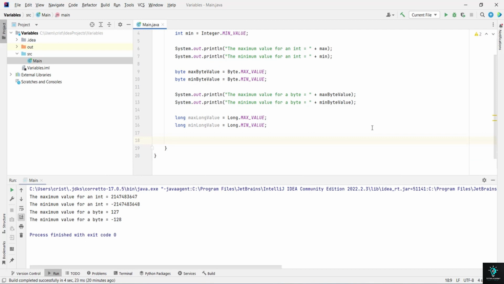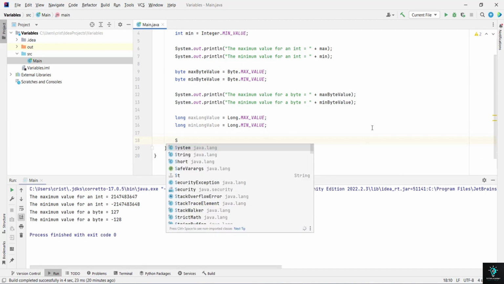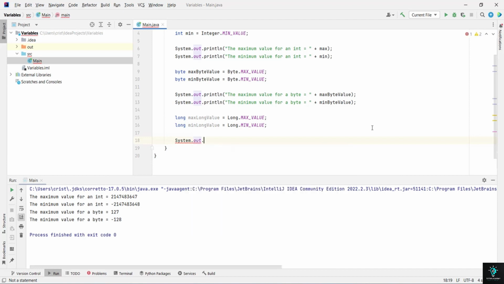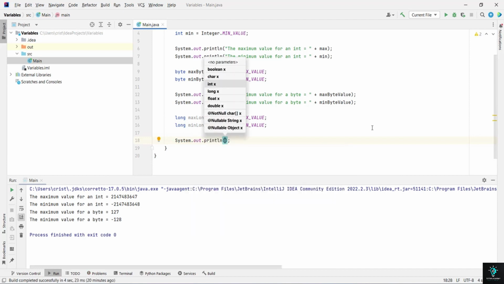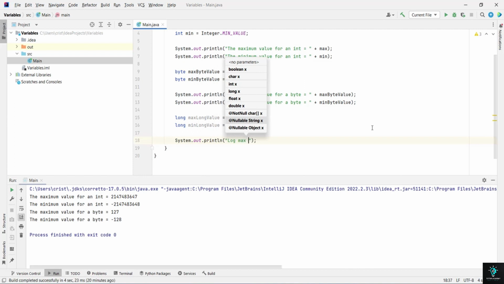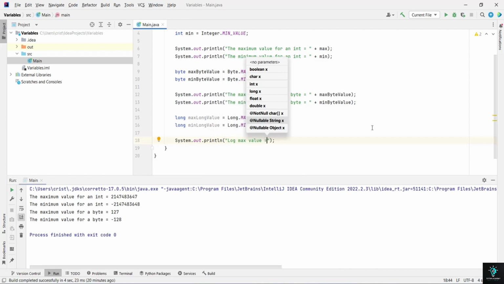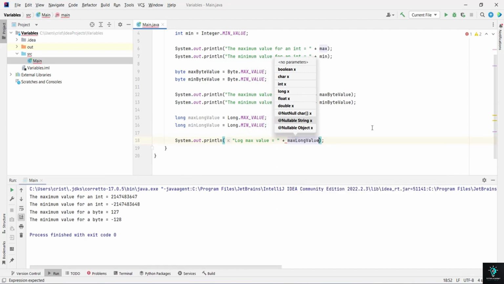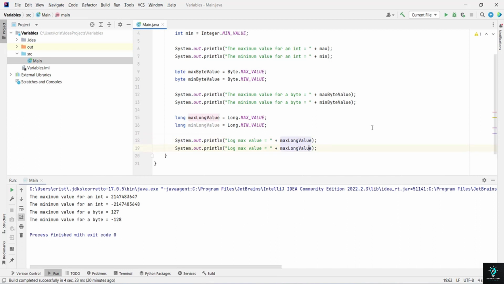Now let's output in the console the minimum and maximum value which can be stored in a long. So I'll type here System.out.println, and I will type here "Long max value = " plus max long value, Control D, and let's change it. It should be long, not log, and let's change this to min. Now if you run this,